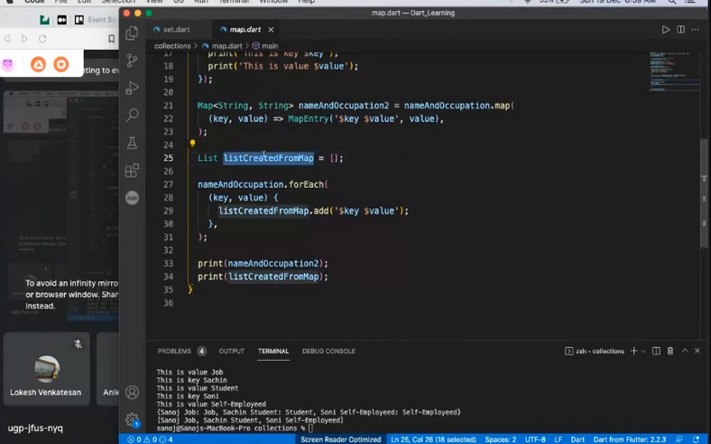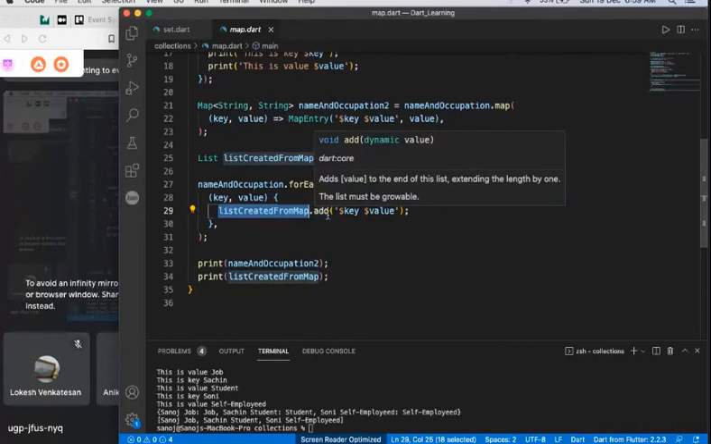So basically we have an empty list with the name of list created from map. So basically we are going to create a list using the map. Here we have used the for each loop, and we are getting the key and value of the name and occupations map. So list created from map dot add,